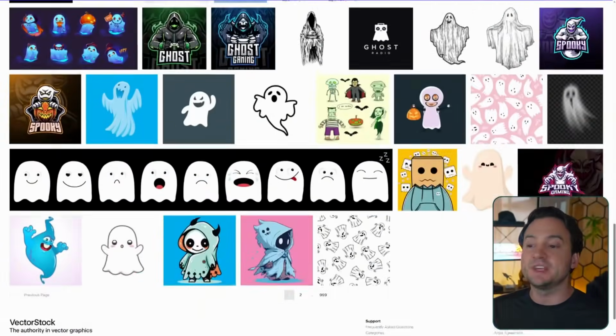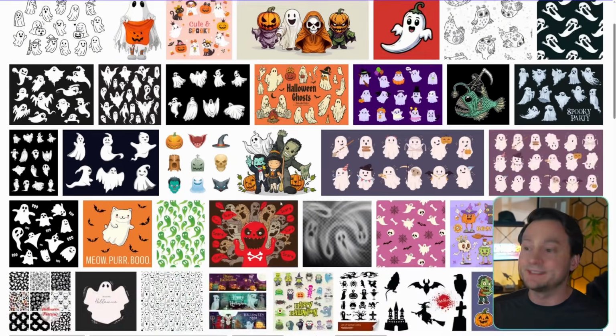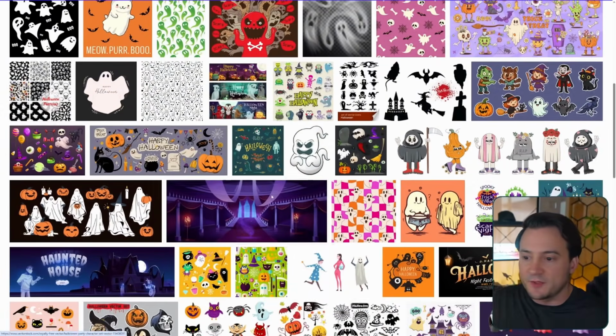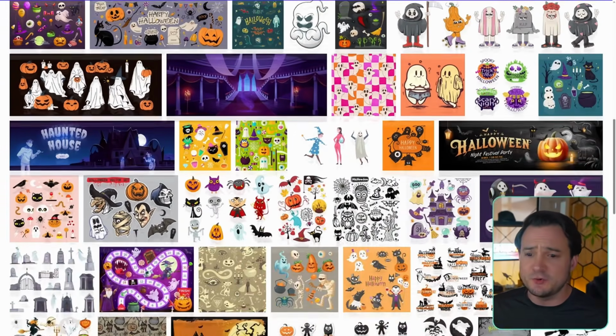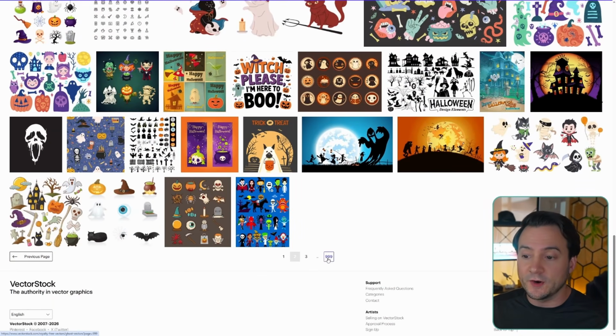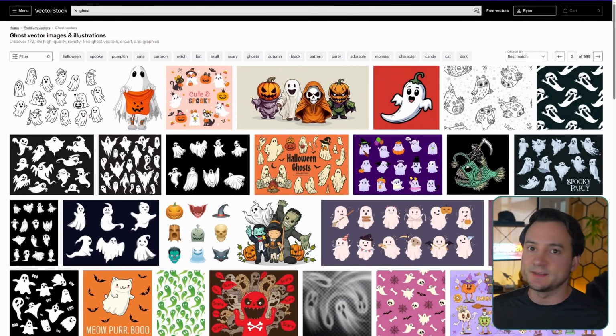Vector means resolution independent. So it's not pixel by pixel. I mean, on my screen it's pixels, but behind the scenes it's mathematical formulas representing the actual illustrations. So I can scale them as big as I need, or I can sell them on a tiny print on demand product like a 2x2 inch sticker. It really doesn't matter. But here in Vector Stock, there's over 1,000 pages of results when I search for ghost, showing us that there's insane